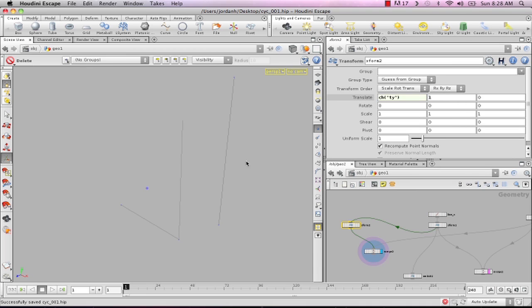One thing that I want to point out really quickly that I'm going to want to solve just for cleanliness sake, and just in case we ever want to pull anything from anything: you can see that with this line and this transform, though it's doing what we want, this down here is the object's pivot point, and it's not where it should be or where I would want it. It's not in the middle of the line, it's not anywhere near there. So let's just fix that, and Houdini's got a great way of doing that. We can just type in